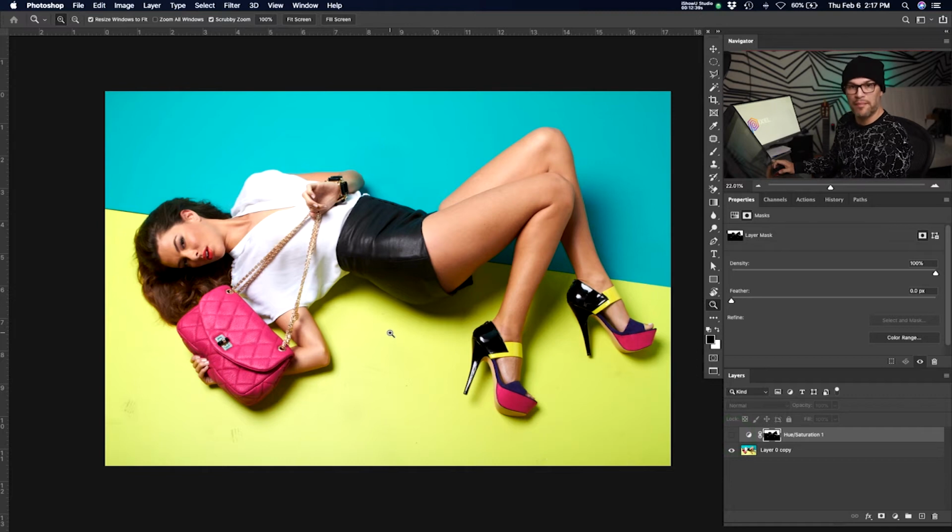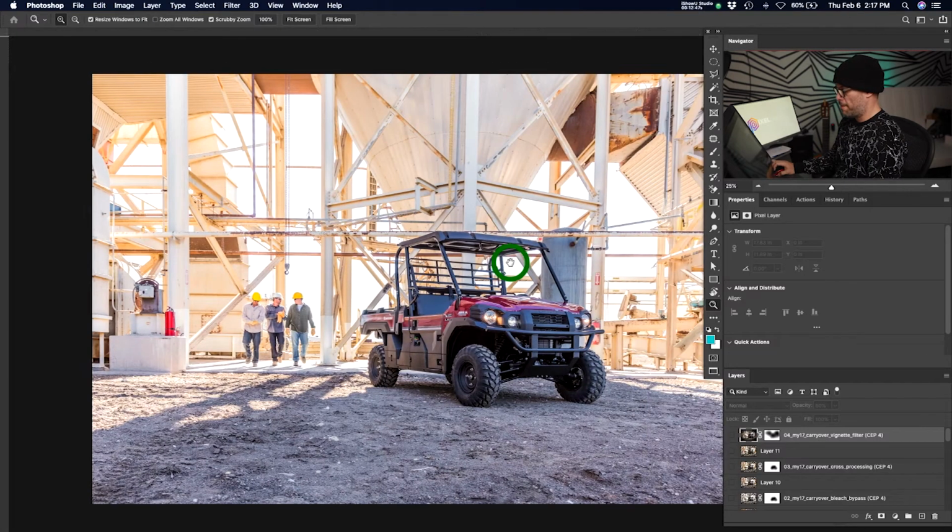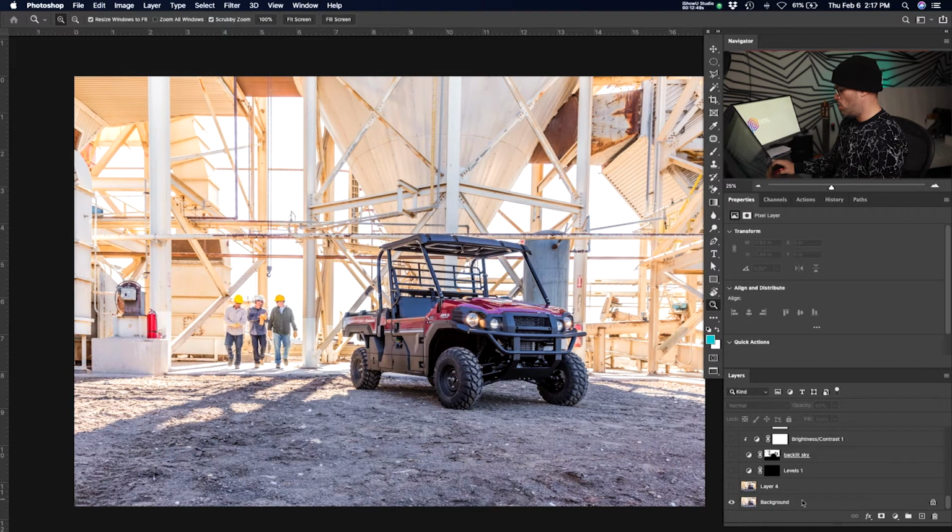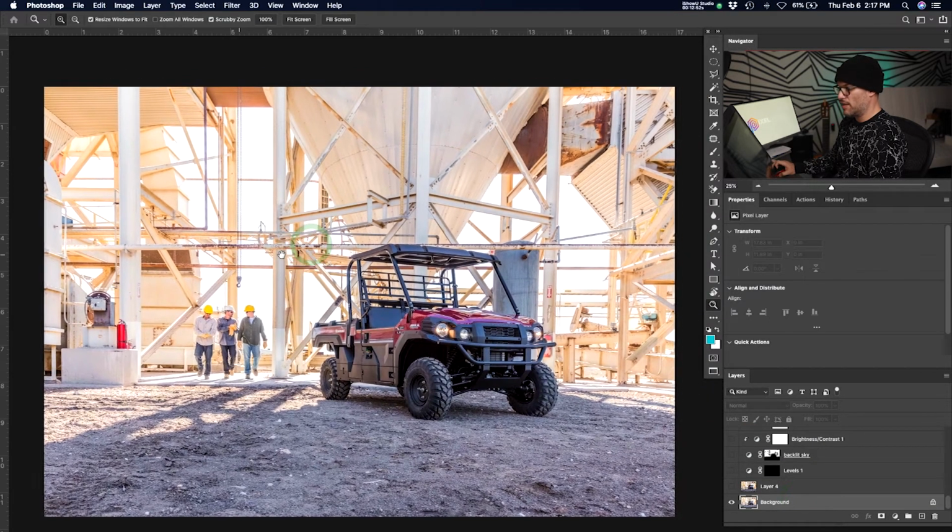I wanted to show you another example of a complex selection where color range really stands out and really shines. This is a project I did some time ago where I had to basically insert a background or a sky into this particular image. The problem is that look at all of these selections. If I go in here even with a pen tool, or if I go with a wand, or a lasso tool, maybe any of my other normal selection tools or processes, I'm going to be here forever. Okay. But if I use color range